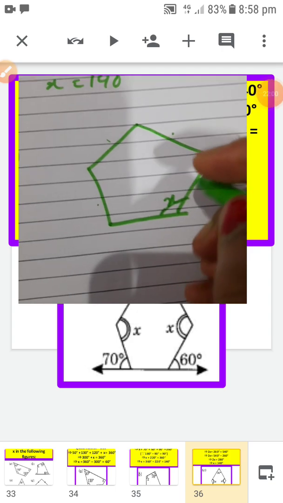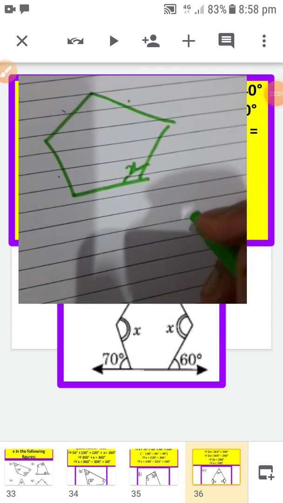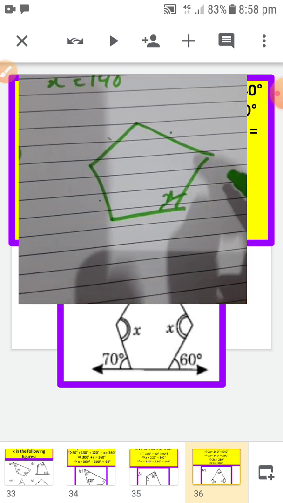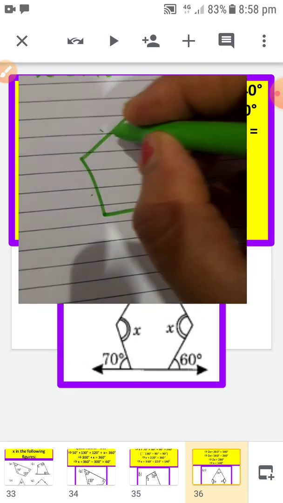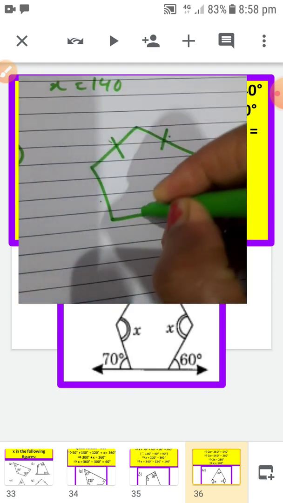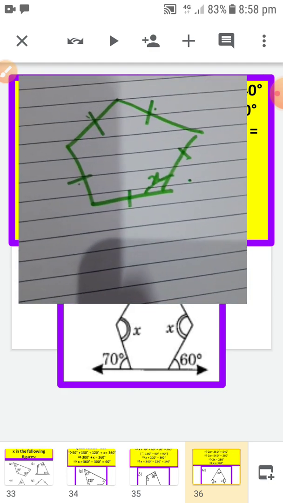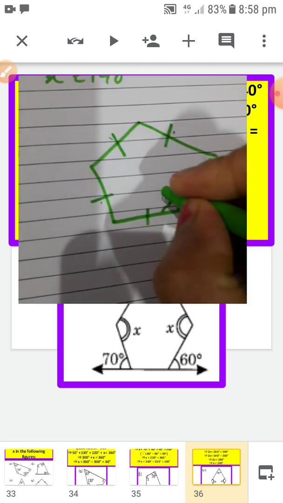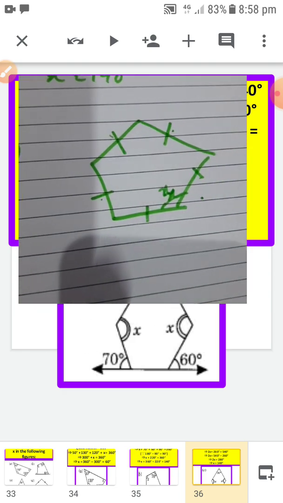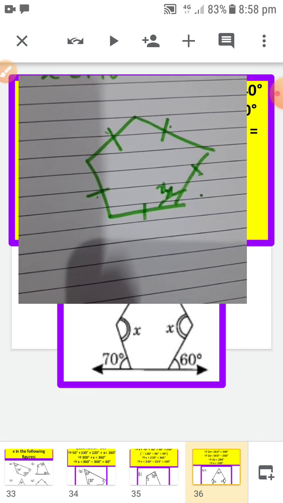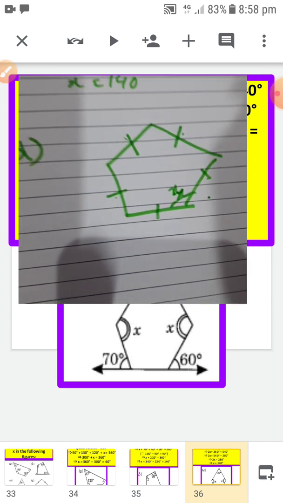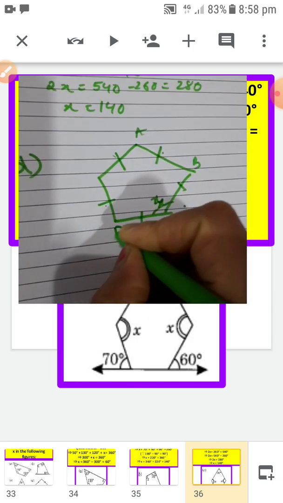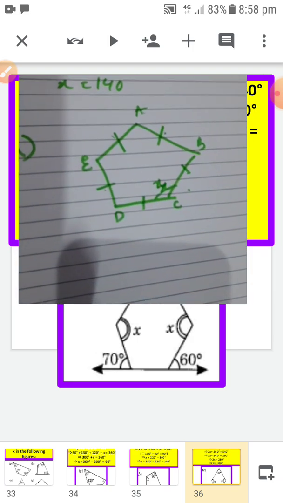So again we are here with the last part of today's video. This is your D part of question number 6. Again this kind of figure is given to you. 1 2 3 4 5 sides are there, means this is a pentagon. So one angle is equal to x. In a regular pentagon, all sides are equal, all angles are also equal. So we can say that A, B, C, D, E represent the pentagon here.